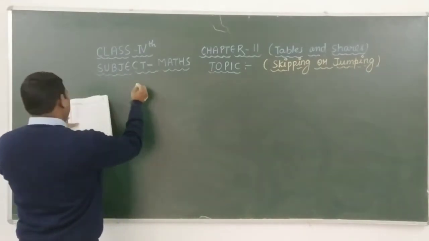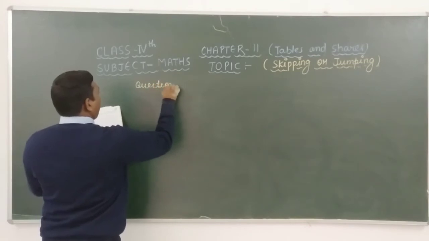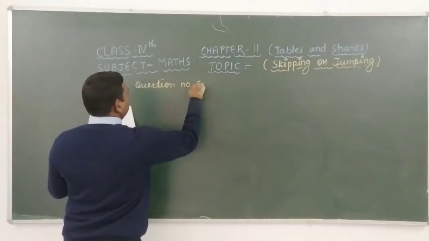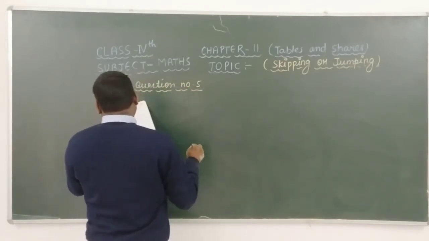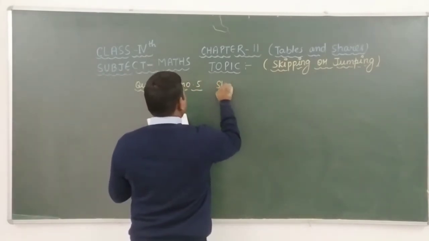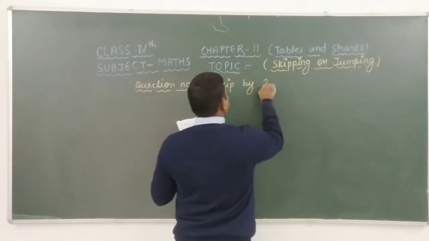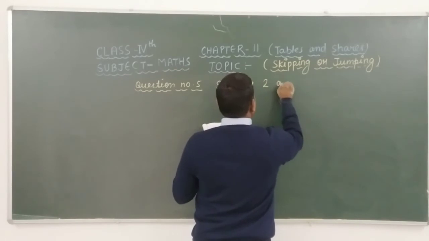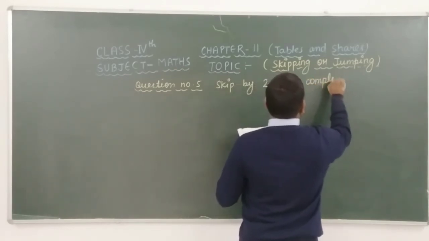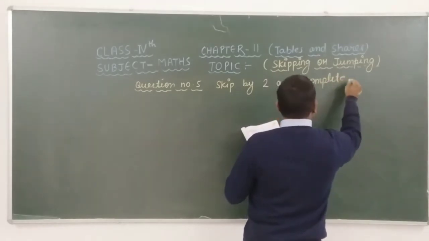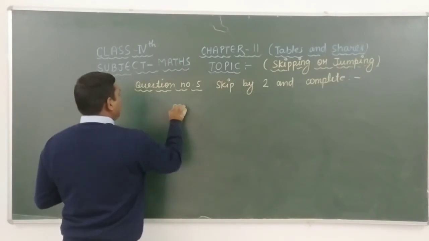Question number 5 is: skip by 2 and complete. Skip by 2 and complete. Question number A is